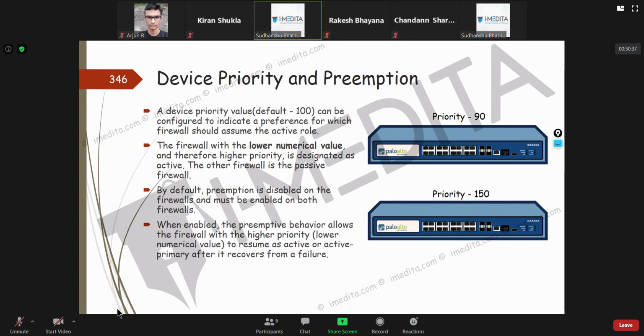The preemptive behavior allows the firewall with higher priority, that means lower numerical value, to resume as active after it recovers from a failure. When preemption occurs, the event is logged in system logs.